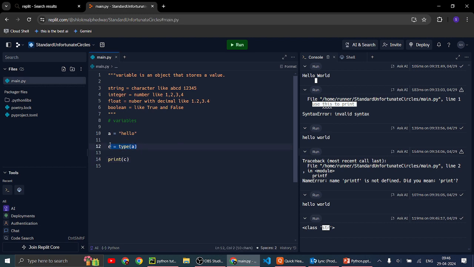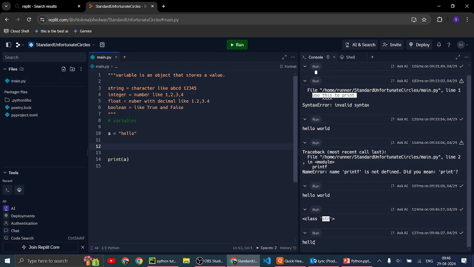So as I said, we can add string values. Here I will type A. Now this value will print here as I run. A's value is hello and it has printed.